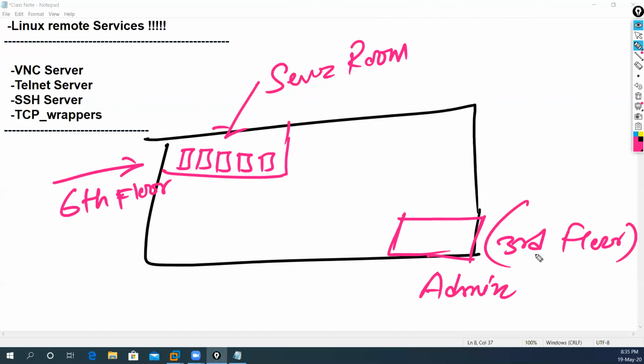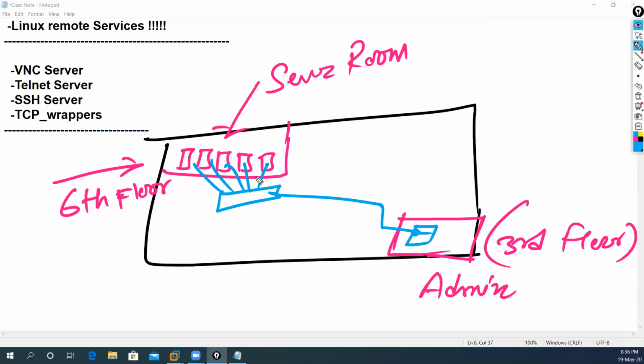It is not practically possible to go to the 6th floor frequently to manage my servers. So normally I have one laptop over here, and the server is connected with my switch or Ethernet cables, and I'm also connected with a cable,